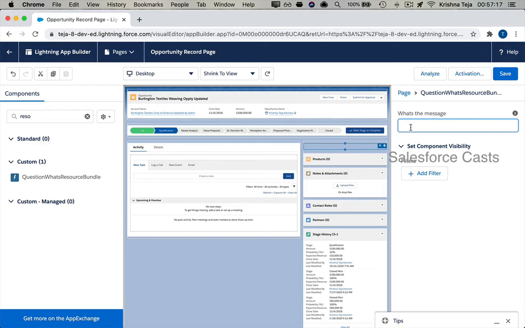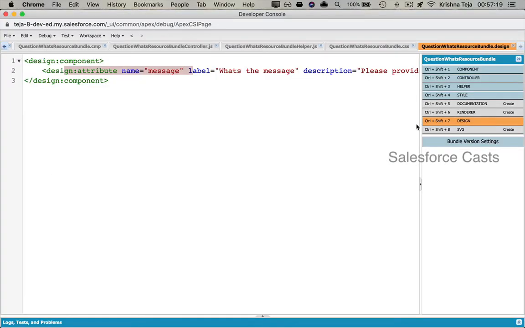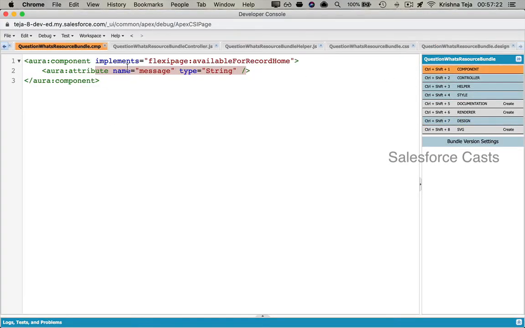The value that is provided here will be pushed to the attribute here. So this is how the functional user or the end user who will be using the Salesforce product will be in a position to push values to attributes generically by making use of app builder, and that is the purpose of this design file. And the last file is the SVG file, and the purpose of the SVG file is, in case I want to add any custom icons to my Aura component, I can go ahead and add the custom icon in our Aura component.